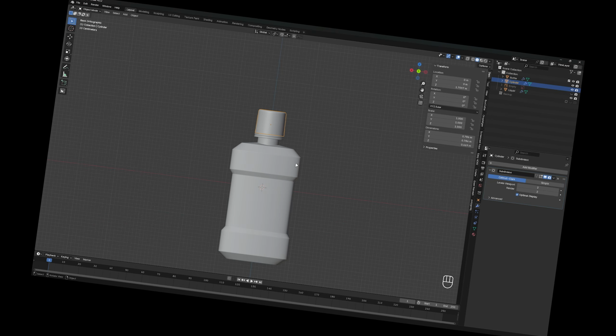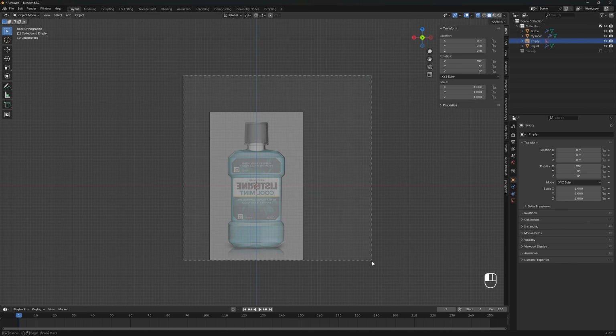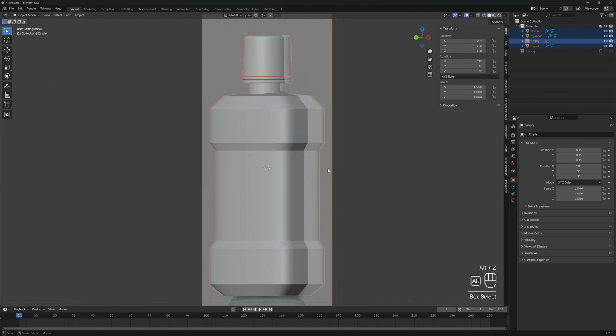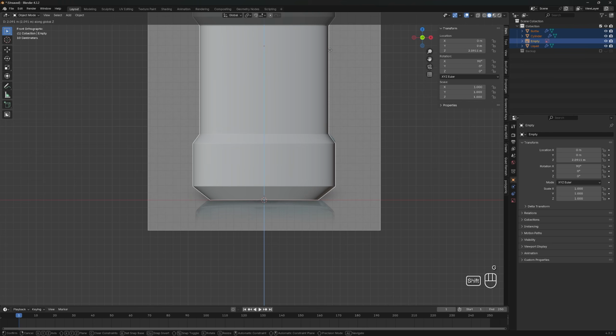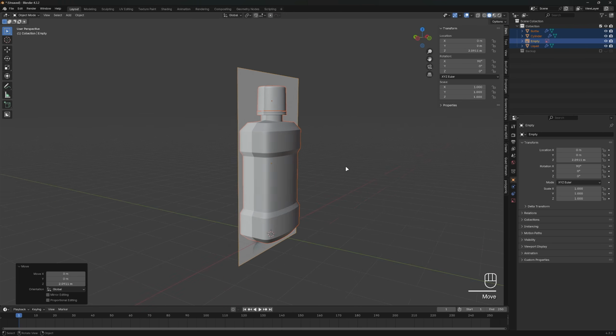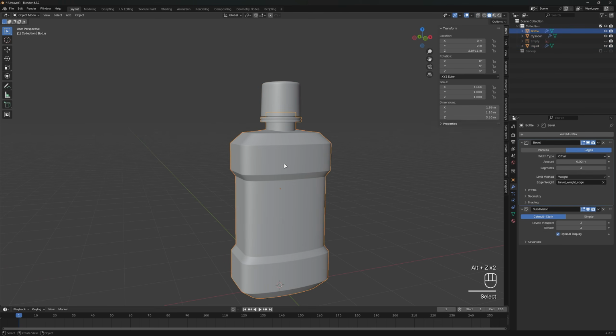Congrats! Before we jump to give the bottle a textures, there is some preparation that we need to do. First, we select all the objects on the viewport and move the bottom bottle to the cursor origin. Just move it manually, and it's okay if it's not perfect. Maybe I will create a separate tutorial for aligning the mesh on the viewport floor later in the future.